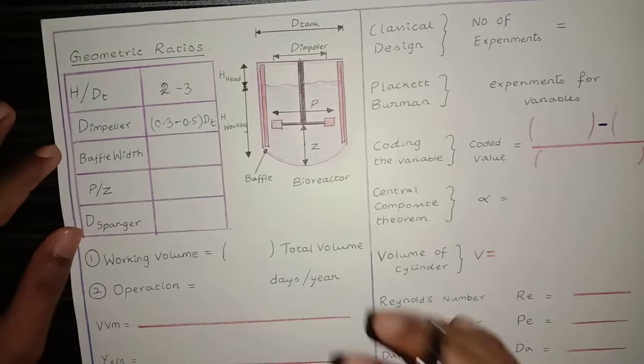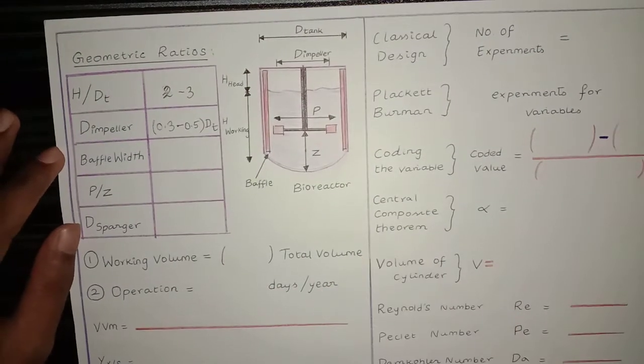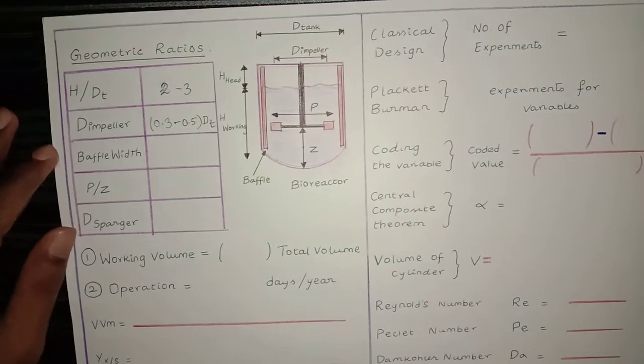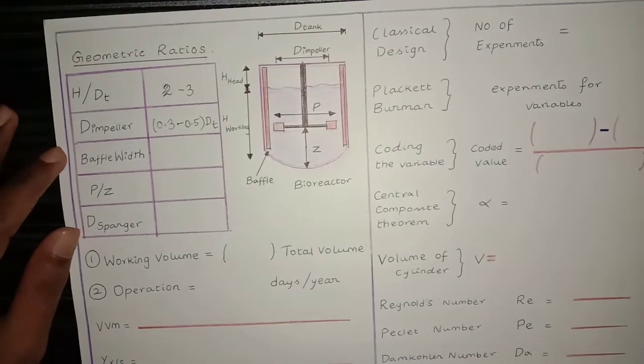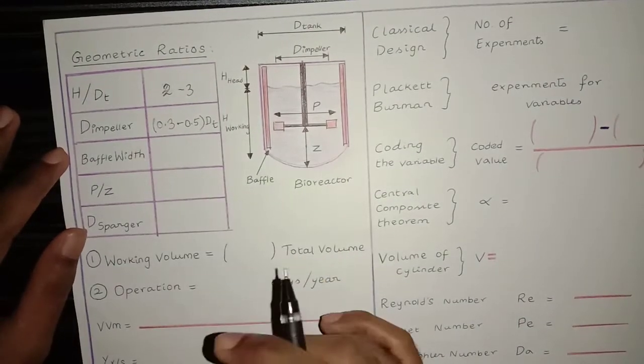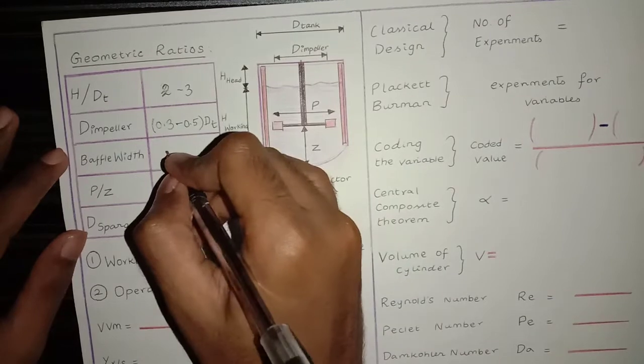Next, the width of the baffles. Baffles are attached at the corner with a small space, say 0.1 mm, to prevent cell aggregation at that point. The baffles have a width of 1/10 the diameter of the tank, that is 0.1 times the diameter of the tank.